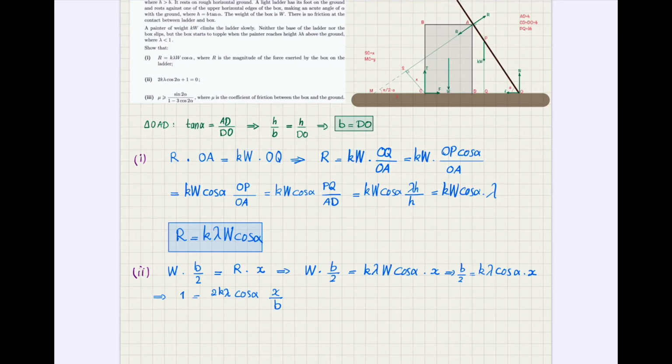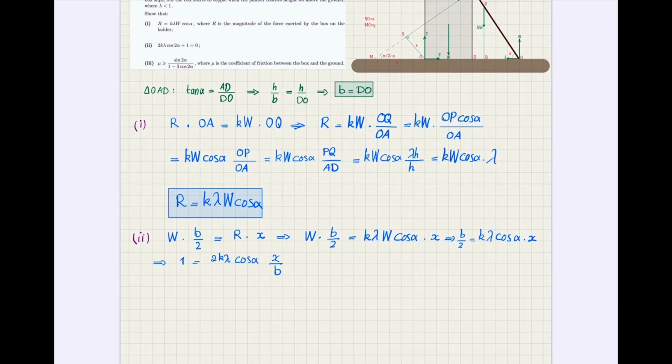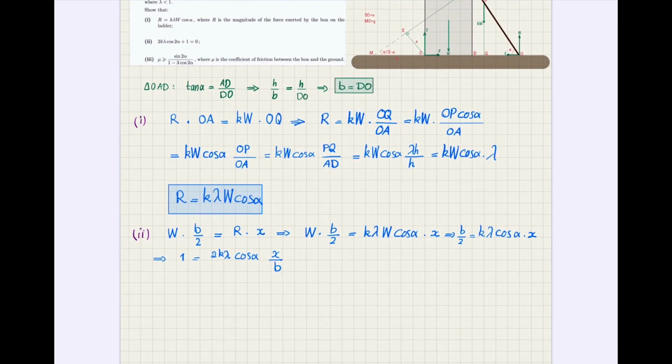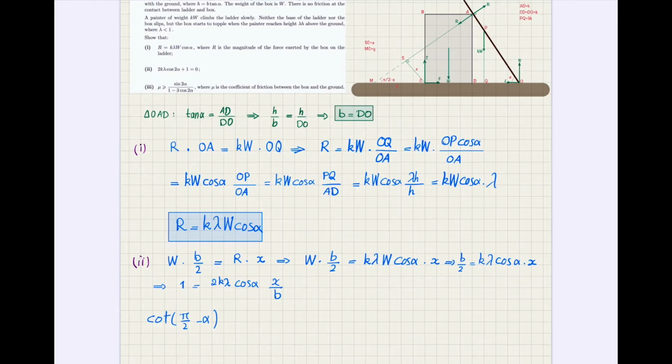Now I will concentrate here on this right angle triangle. Yes, and then I can write cotangent of this angle to be the adjacent side, which is from here to here, divided by the opposite side. Okay, I'm not saying that probably this is the only way. You can also think yourself, find other ways, but this is one way at least that works for me. So I would write cotangent of pi over 2 minus alpha in that triangle that I mentioned. So let me also write the name of the triangle. So in triangle MAD,